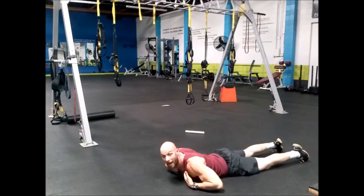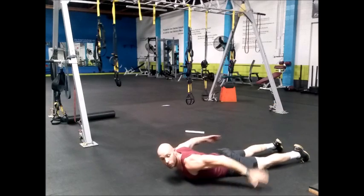And again, focus through the upper back. Squeeze the glutes,